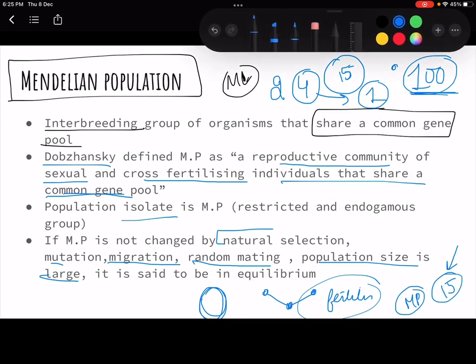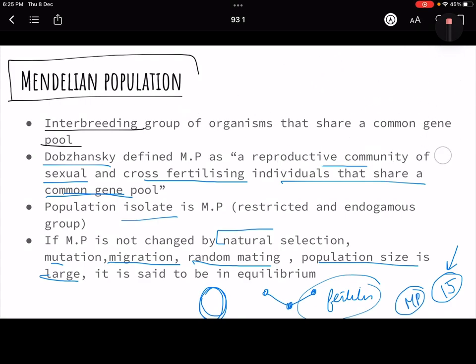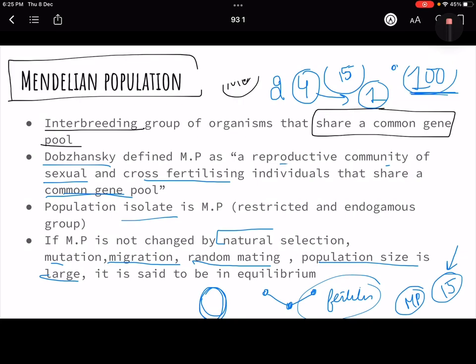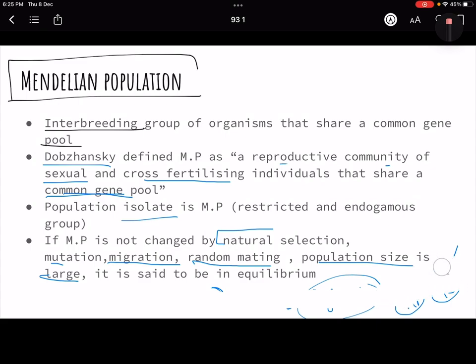So what did we study about the Mendelian population? First of all, the concept of population isolation. That means they are a group of interbreeding restricted groups, endogamous groups, ठीक है? That means they are strictly interbreeding amongst themselves, ठीक है? Thereby creating a common gene pool, ठीक है? And on that there are no evolutionary forces acting, like mutation, like migration, like natural selection. Population size should be large, and when all these conditions are met, it is believed that the Mendelian population is